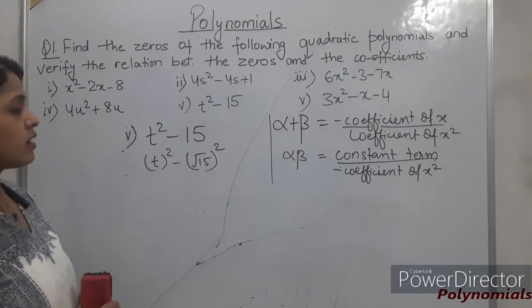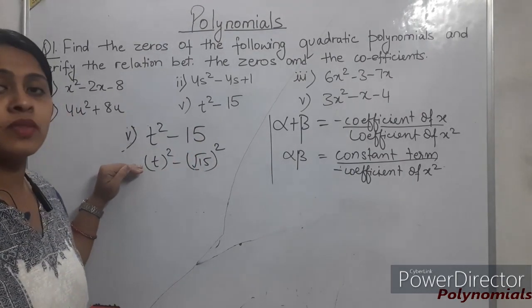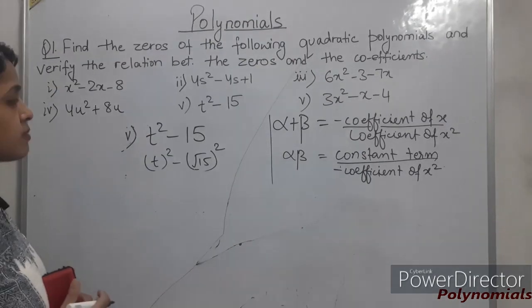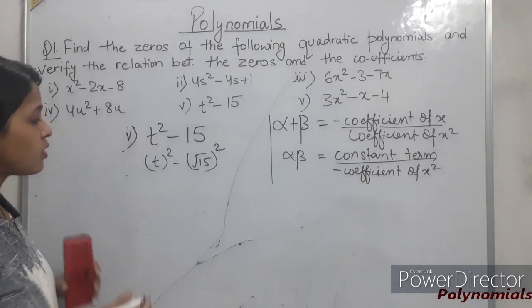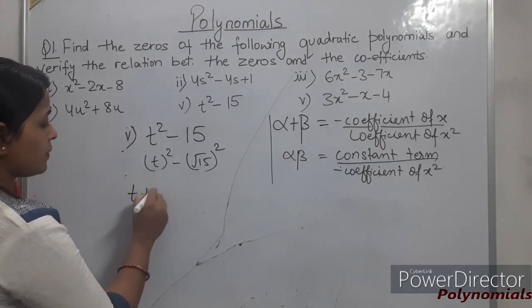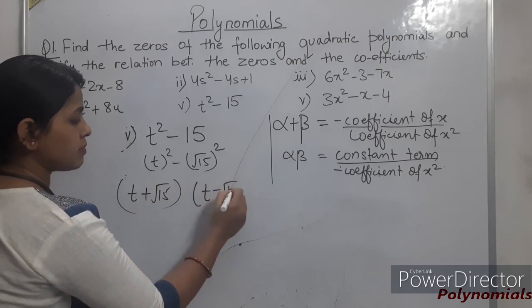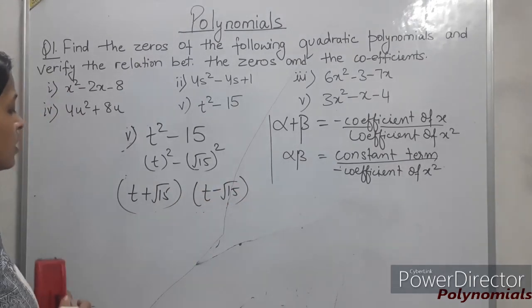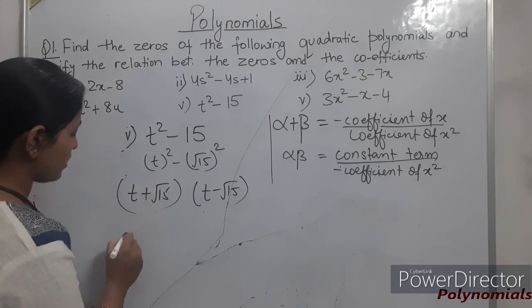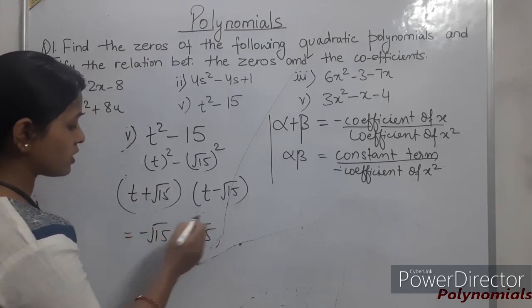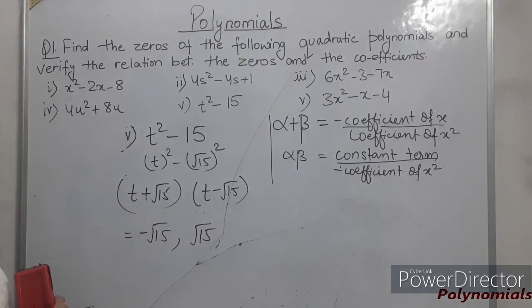Now what we are observing that this became a square minus b square. ये हमारा किस फॉर्म में आ गया? a square minus b square के. तो a square minus b square का क्या होता है? a plus b and a minus b. यही हमारा होता है, ठीक है. तो एक हमारा जीरो क्या हो जाएगा? Minus root 15 and the second zero is plus root 15. These are the two zeros of the given equation.